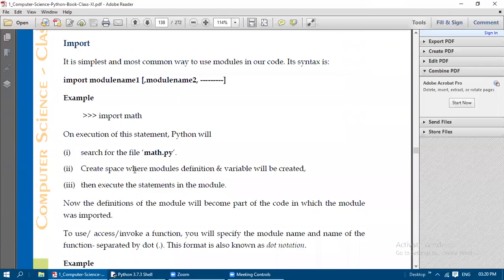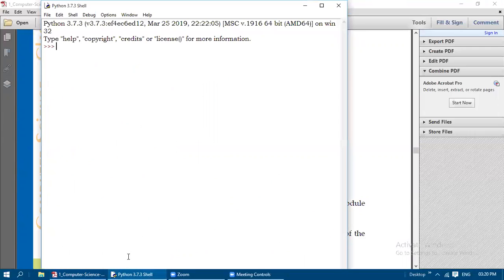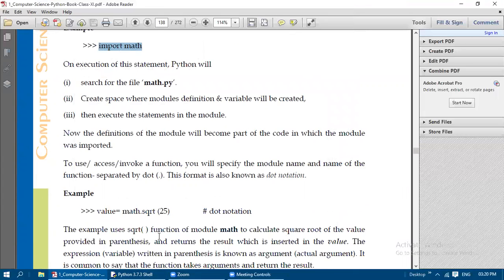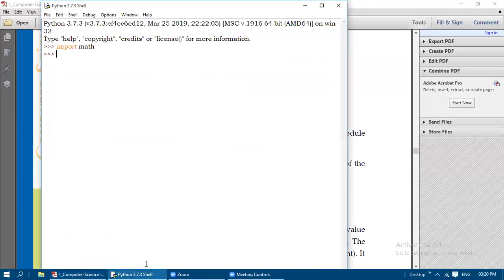Now let us execute this in our Python interpreter. First we need to import math, and then execute this one. With dot notation, we can write it, and I'm just copying and pasting. We need to print the value.